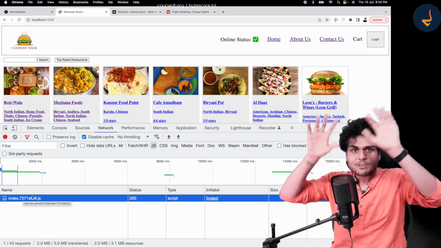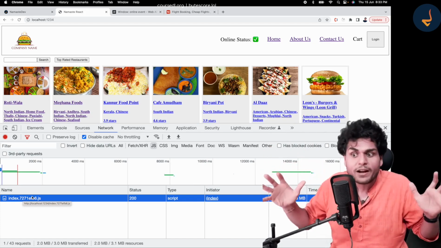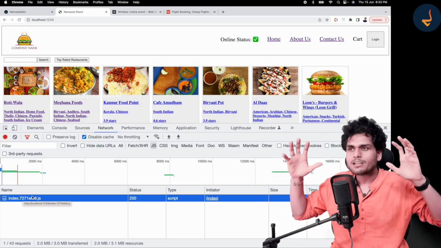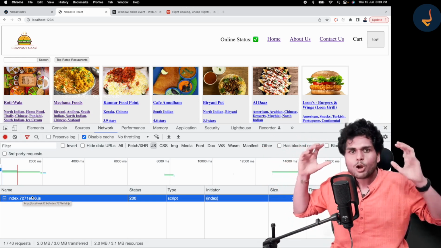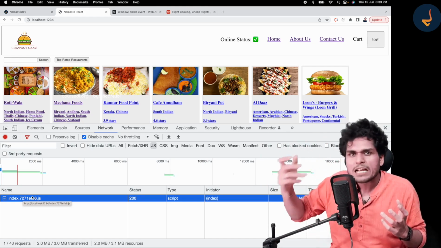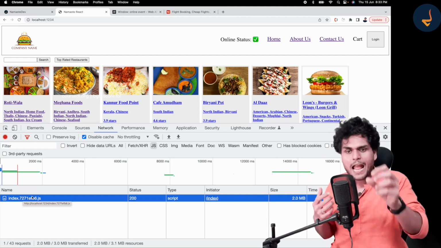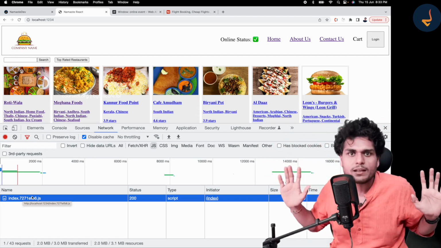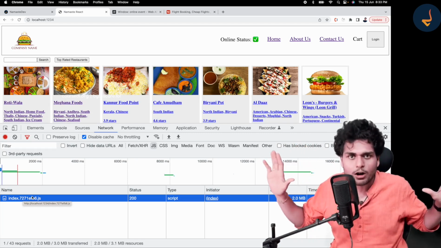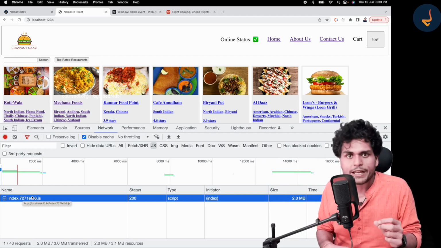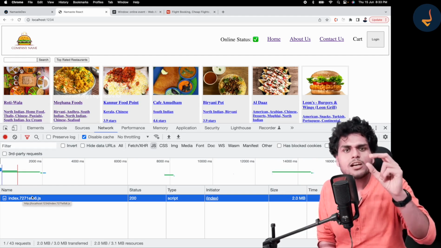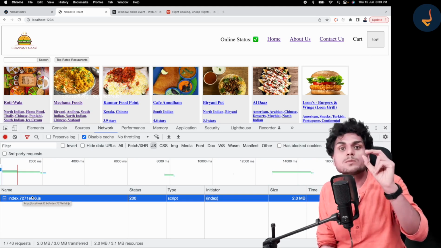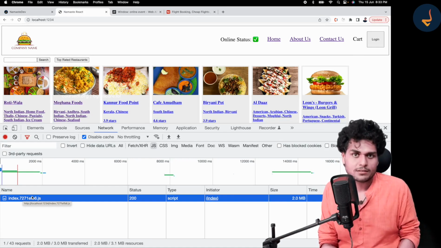If we have thousands of components, we don't need 1,000 files loading into our web page. That is useless, and it would be a lot of work for browsers, making 1,000 calls. And we do not want to put 1,000 files into one file either. Both of these solutions are not right. So what we have to do is make smaller bundles of these files.